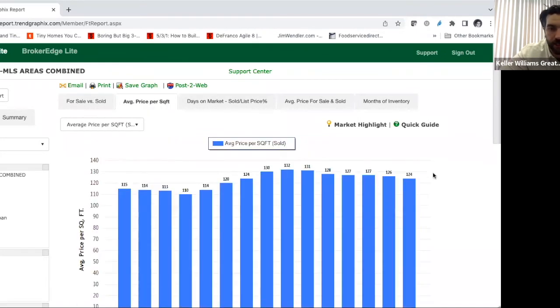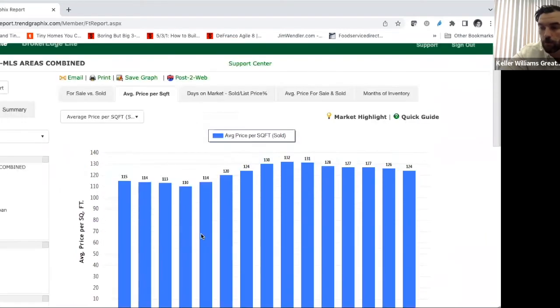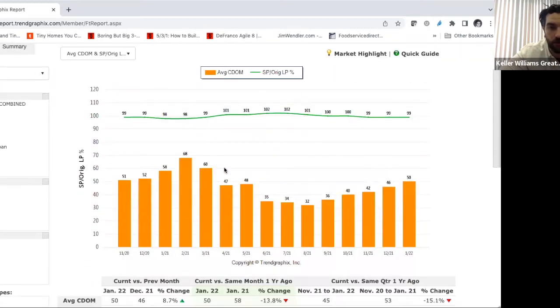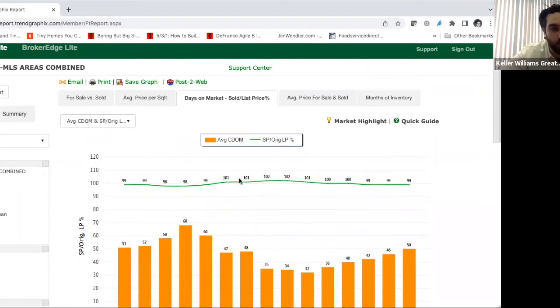graphical displays. Again, this is average price per square foot, so you can see where that goes from a market standpoint. Days on market in total. And then this is a ratio of sold price to list price. So you can see, while we're still operating in an environment where a lot of stuff goes over, if you look at the total market, you'll see it's averaging out around 99%, but let's see what that looks like in that Avon Lake area again, just to better understand